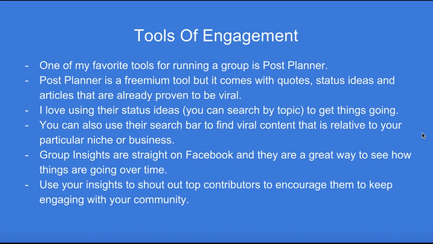So one of my favorite tools for running a group and creating engagement is Post Planner. Post Planner is a freemium tool. I think plans start anywhere between $3 and $8 depending on what your need is. But it comes with quotes, status ideas, and articles that are already proven to be viral. And their status ideas, and you can search by topic, are a great way to get things going in your group. And you can also use their search bar to find viral content that is relative to your particular niche